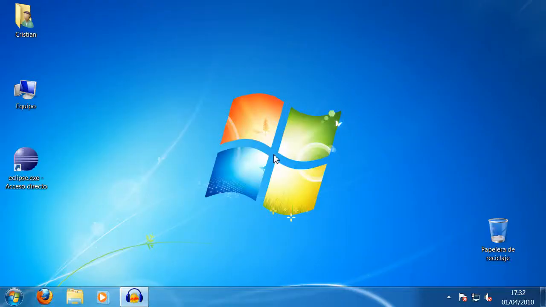Hi, I'm Christian. Welcome to laboratory number 8 of the subject Development of Computer System Functions. In this lab, you will see how to use the Eclipse environment, and you will learn how to develop small programs in Java. After double-clicking on the Eclipse icon,